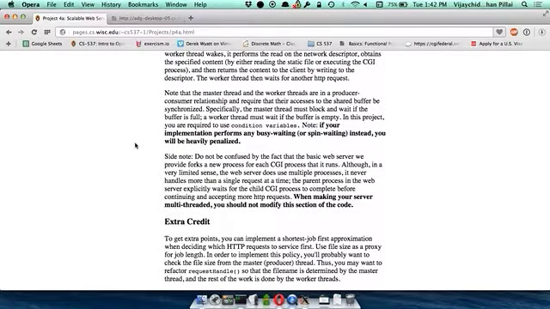There is some extra credit. The extra credit is basically you have a number of requests that are pending, and you need to choose how to do a particular request. You can use file size as a proxy for job length, right? So if they're requesting, for example, index.html, you can then stat index.html, see how big it is, and then say this is 500 bytes, next request is 1000 bytes, so I'm going to do this request first. It's really, really simple extra credit. So everyone who does the main project should also attempt this. It's basically going to take you like an hour to finish. It's very simple.